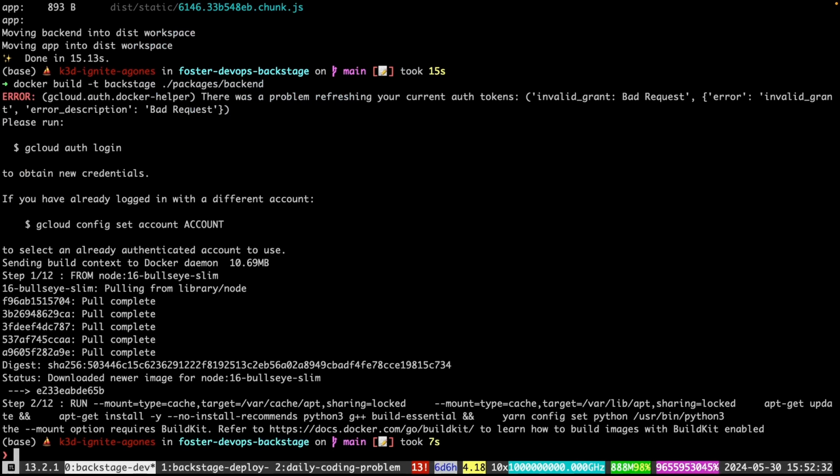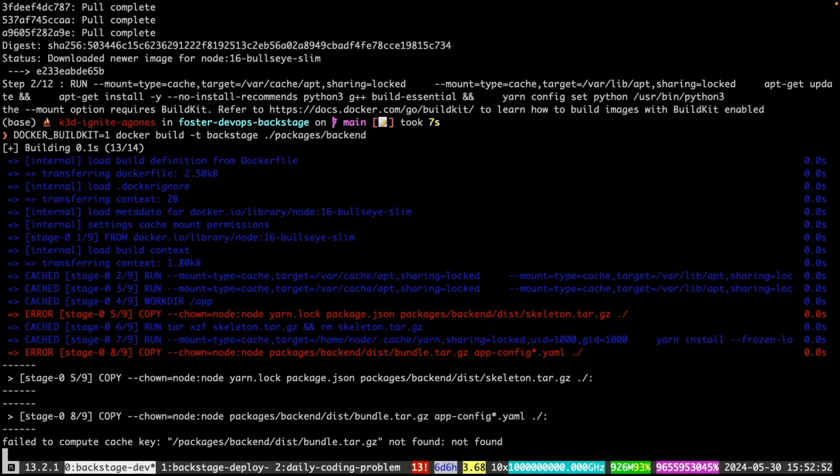And we'll wait for it to build, and we get an error saying we need to have the build kit enabled. So I'm going to go to the beginning and do build kit equal to 1, Docker build kit equals 1,